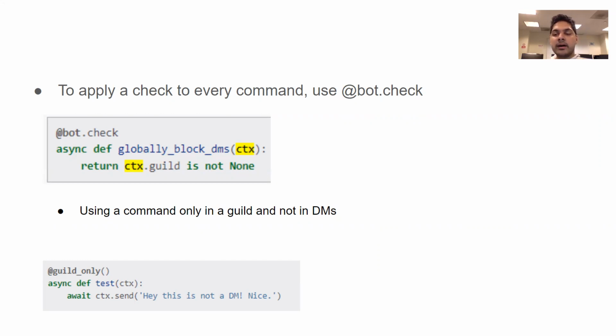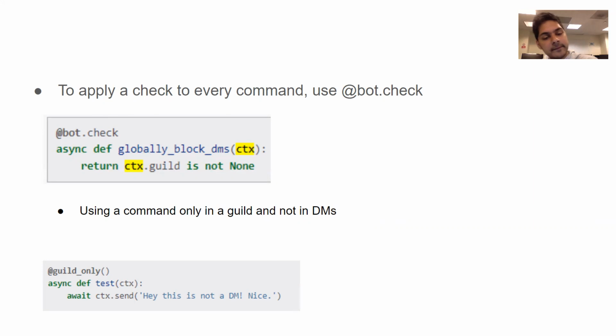And if the guild name is none, that means we're in DMs. Sometimes people don't want their bots working in DMs. Mine doesn't really work in DMs, because my bots are working in a server, in terms of database stuff. So every time a command is run, it would run this first and make sure that this is true, basically.